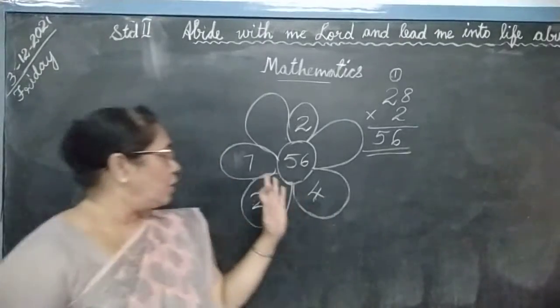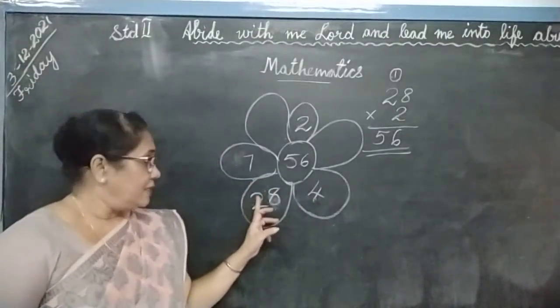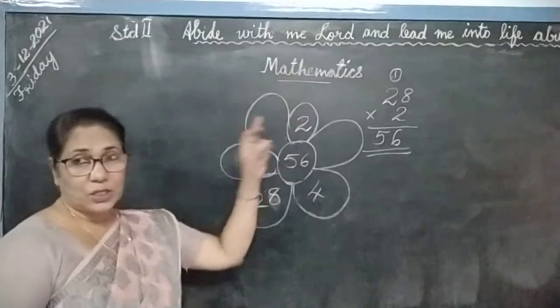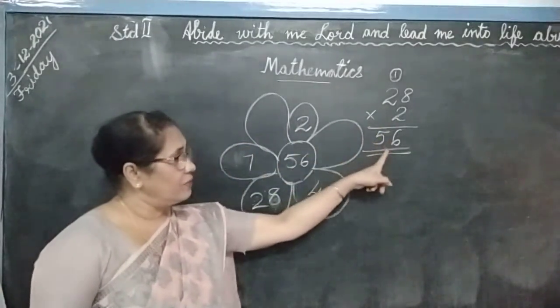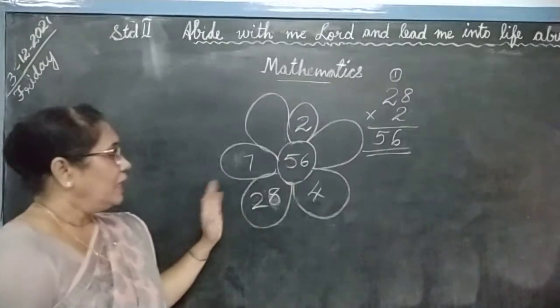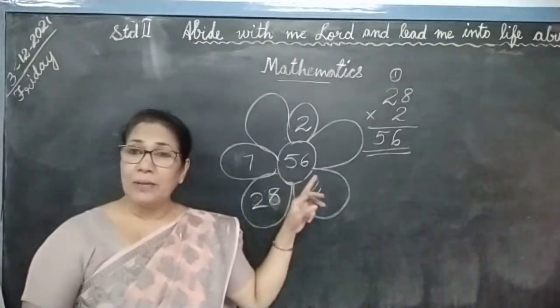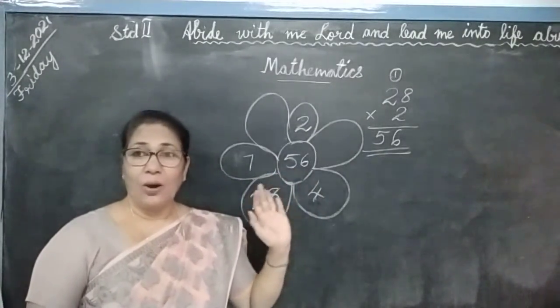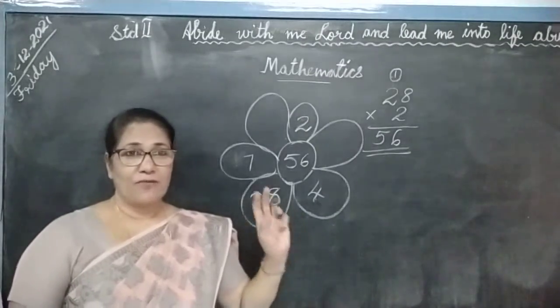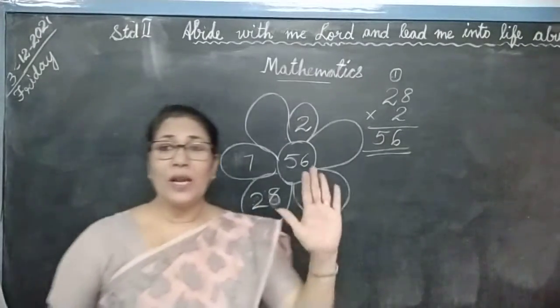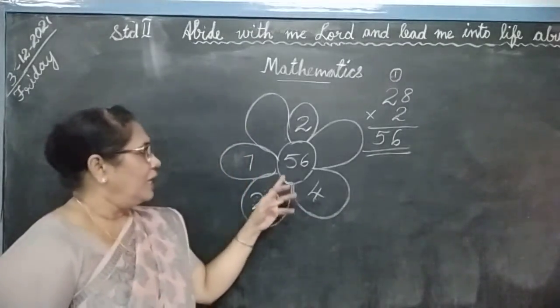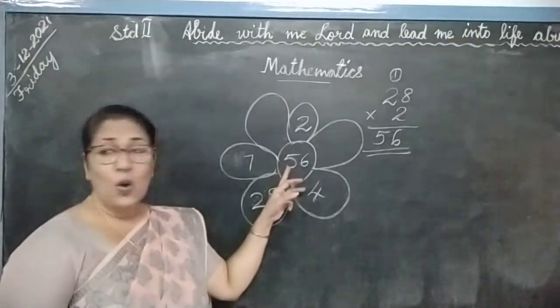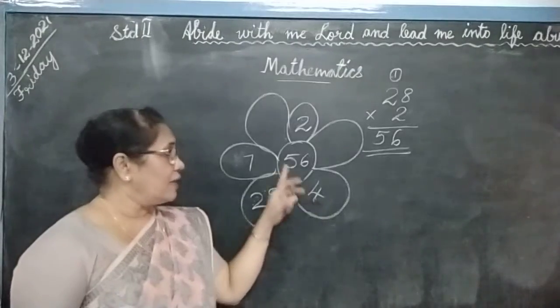Okay, let's begin. So, when we multiply 28 twice, meaning 2 times, we already did it here. We got 56. Now, you have only learned the tables from 2 to 10, only 10 times. You have not learned more than that, isn't it? Yes. So, now to find out how many 4s are there in